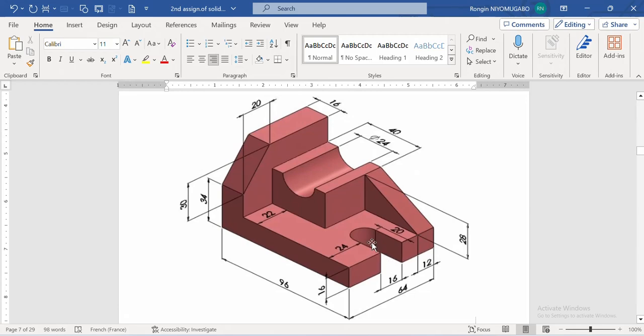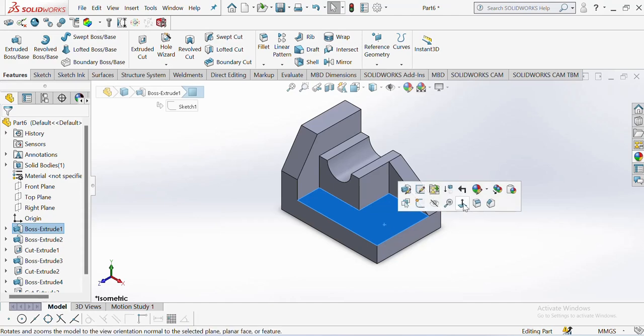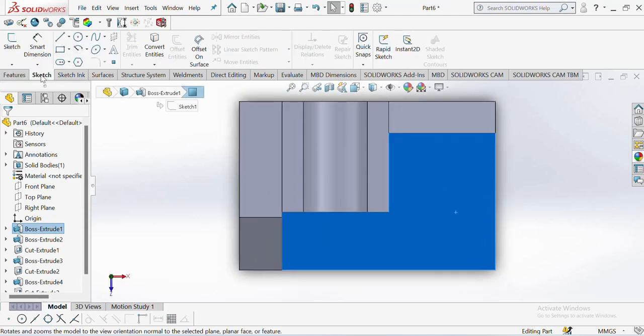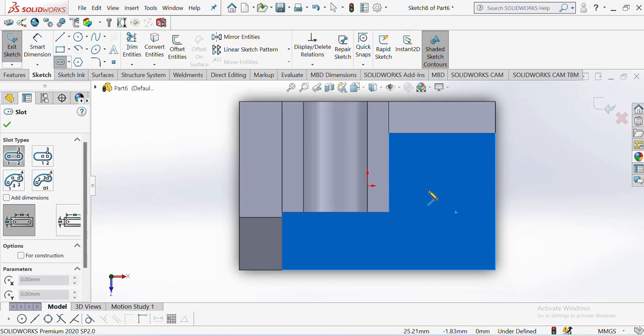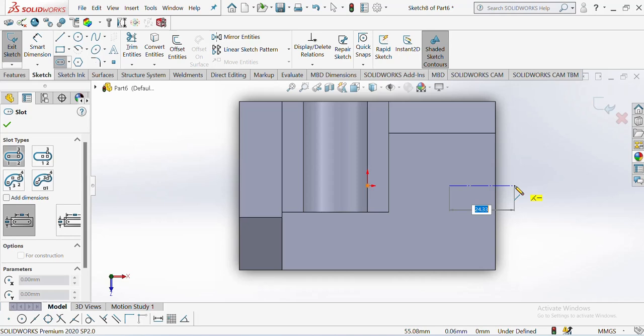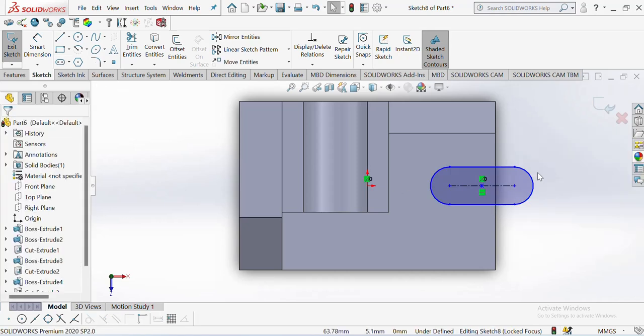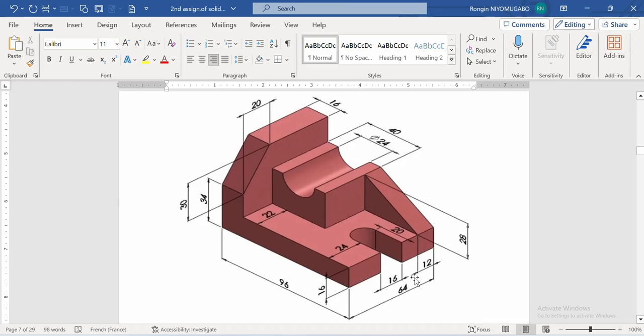you see, we are going to insert this slot. Okay, 16, 24, 20. Okay, select this face, normal, select straight slot. Okay, 20, 24, 16. Okay,